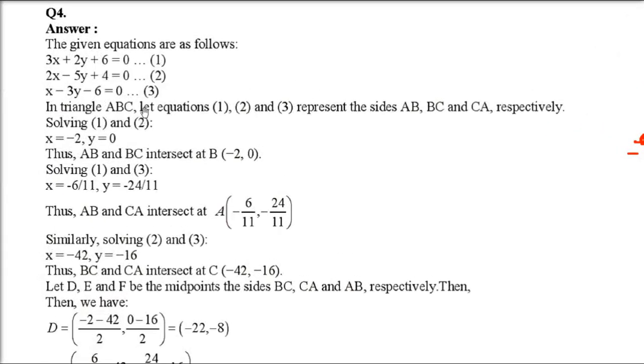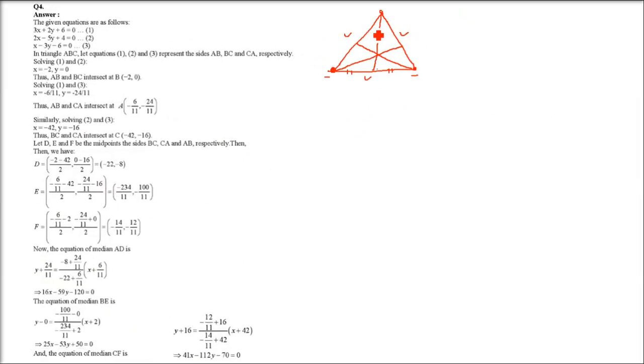So let me show you how this is done. I am pretty sure that you are able to find the intersection points because we have done that in the previous exercises. So either you can use the direct method or the cross multiplication method. It's up to you. You have to find the intersection taking pairwise. So these are the three equations, and let's say it's A, B, C.